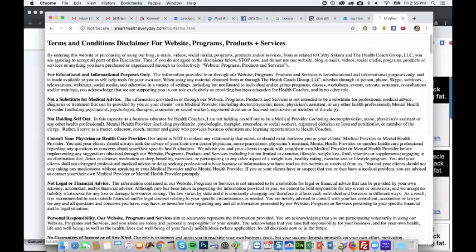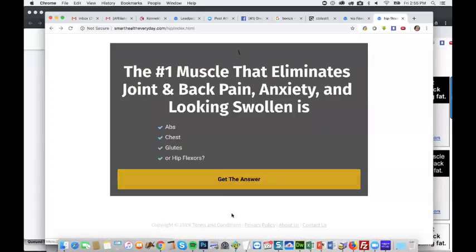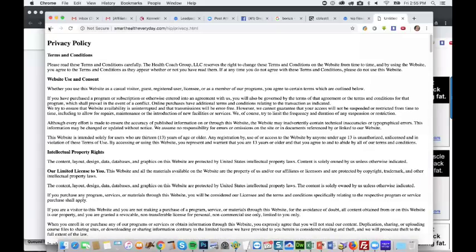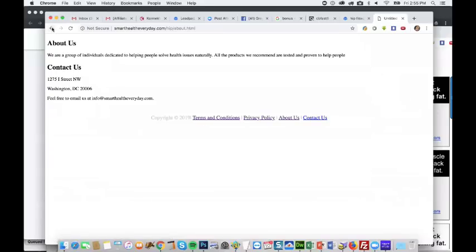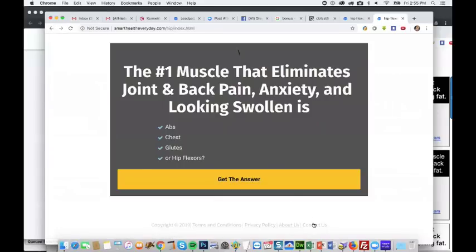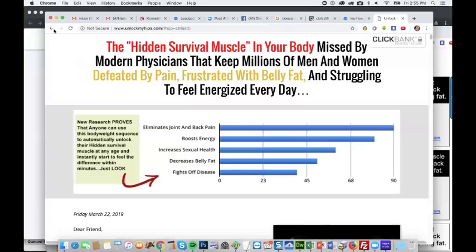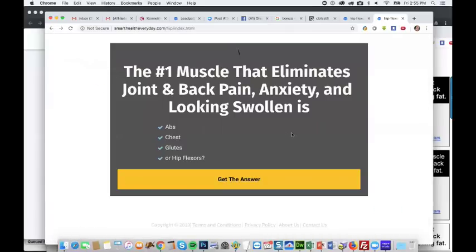So let's make sure our pages work here. Okay, skimpy, but hey, whatever, it's there. All right, so all that stuff works. This works. Looking good.